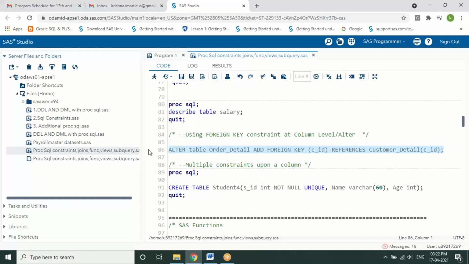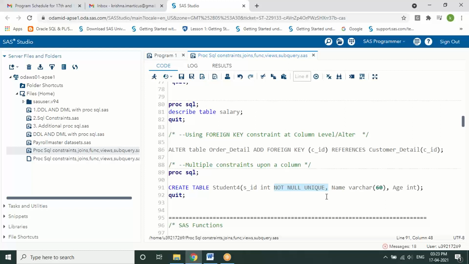And the last point under this is, can we add multiple constraints upon a column? Yes, we can. You can see here, create table, table name. I'm creating a column where I'm imposing both constraints, not null and unique. Independently also you can give it, or if you give it as a primary key, both constraints are already there by default, or else you can impose only one, whichever way you want.